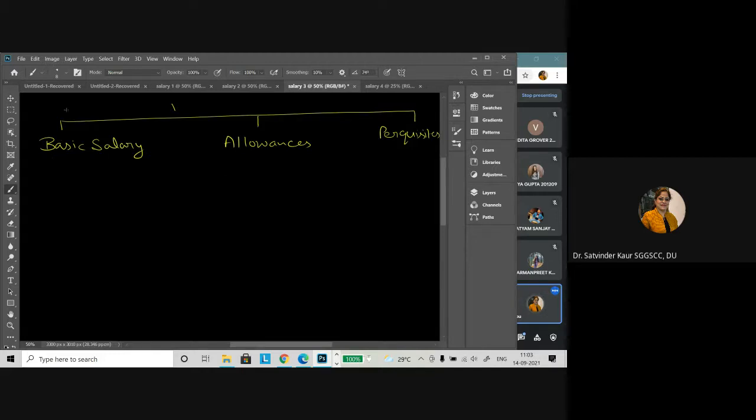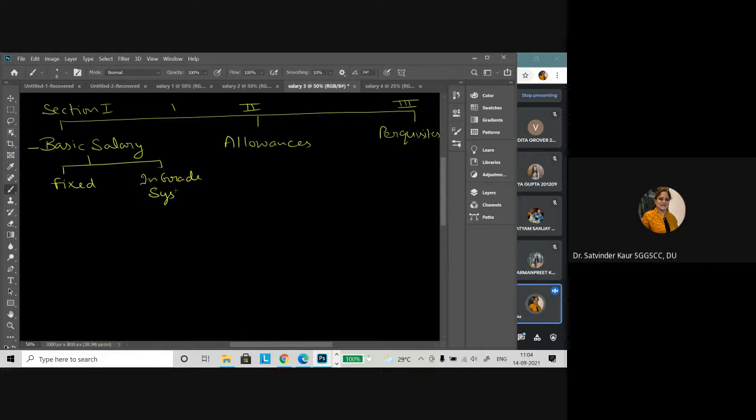Now we start with section 1. Section 1, we take as the basic salary. Section 2 as allowances. Section 3 as perquisites. When we talk about the basic salary, it is that emolument which is considered fixed, a small component which is given to the employee in the form of salary. Basic salary can be given in two forms. One can be fixed, and another can be in a grade system, right?